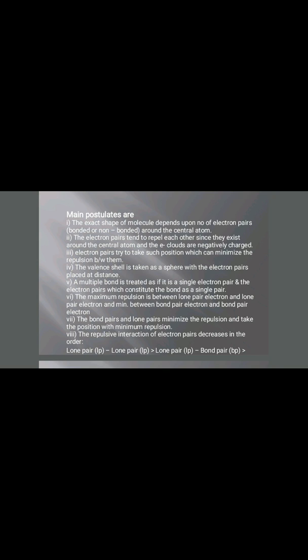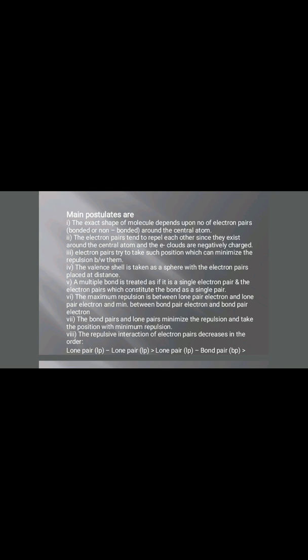Third point. If the central atom is linked to similar atoms and is surrounded by bond pairs of electrons only, the repulsions between them are similar. As a result, the shape of the molecule is symmetrical